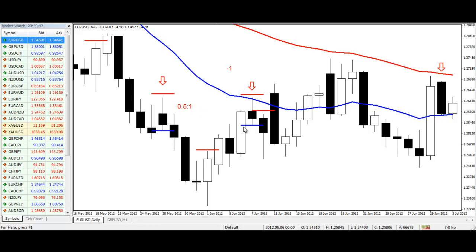Now that means we'd have ourselves an entry signal underneath this seller candle, this bearish candle, and we'd have ourselves a stop loss just above through there. Now it's much more likely that I'd put the stop loss above this bullish candle just to keep it safe really, behind the swing high. It means that our risk on the trade is around 130 pips, and that's something that I'm quite happy with